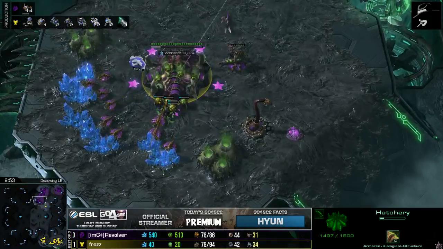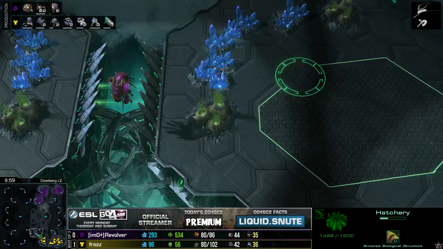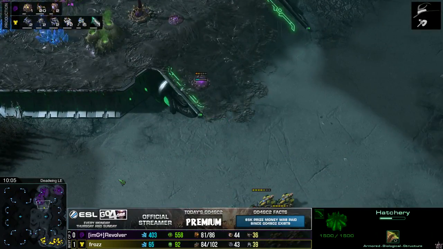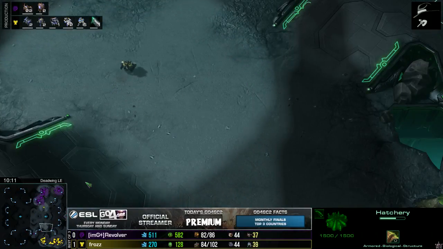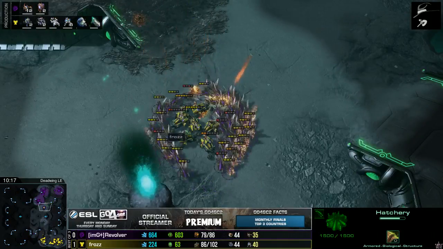And if Revolver has any scouting at the front, which he definitely should have, I mean, you can always sneak a ling past or something. You can run it past those Hellions, circle around the map, and just place it somewhere here and see what's coming out of the base. If Revolver knows ahead of time...